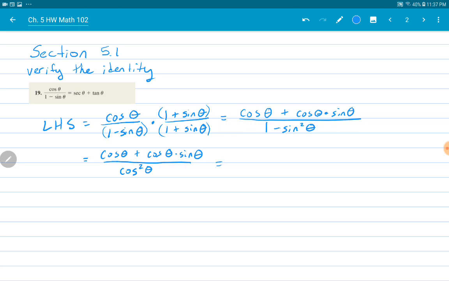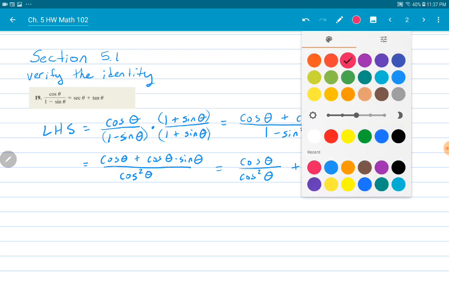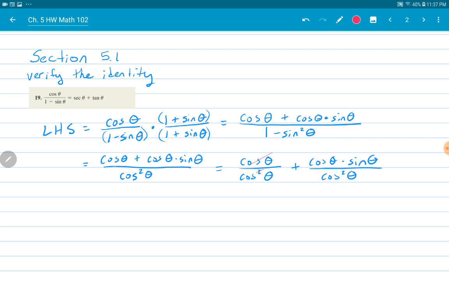And now you'll notice I have cosine in all my terms. So I can take a cosine out of every term. In fact, before I do that, I'm going to decompose these fractions and split it up into cosine theta over cosine squared plus cosine theta times sine theta over cosine squared. And then I can take a cosine out here and one of those, and here and one of those,